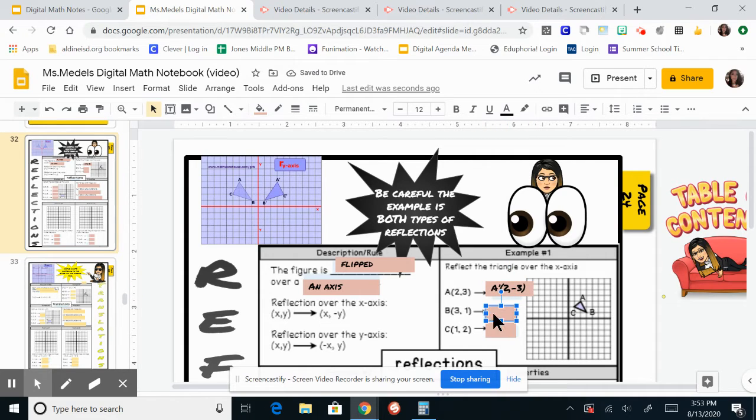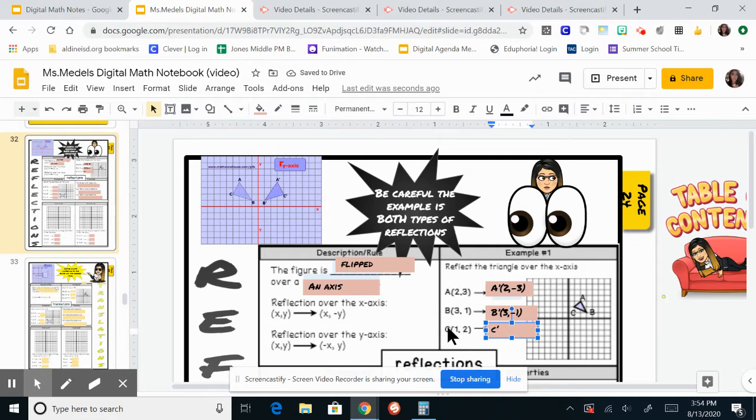With B, to find B prime, that 3 is going to stay the same. The only thing I'm changing is my y, and because that is a positive 1, that is going to change to a negative 1. And I am simply going to make this larger for you guys so that we don't get confused. Okay. And then with C, to get my C prime,